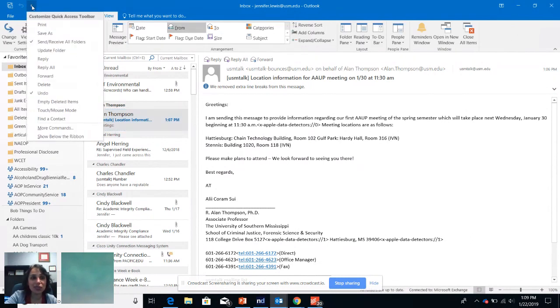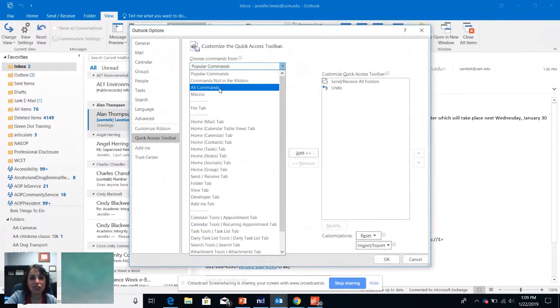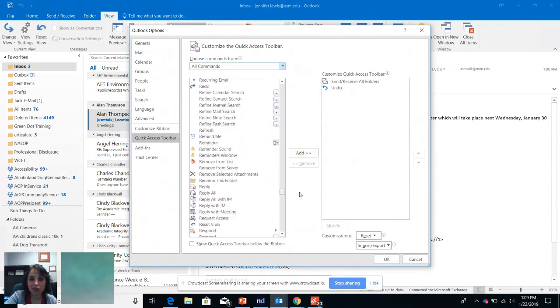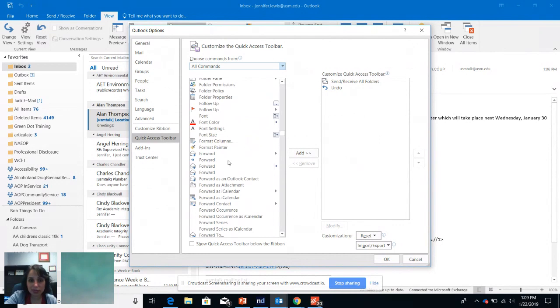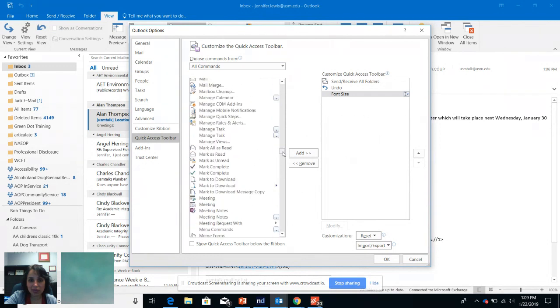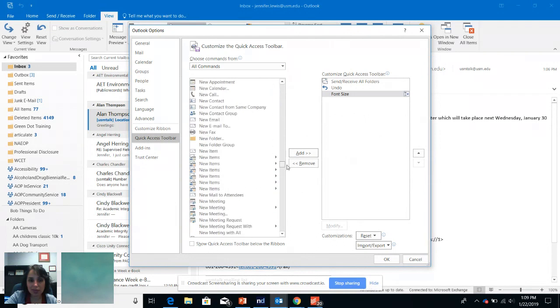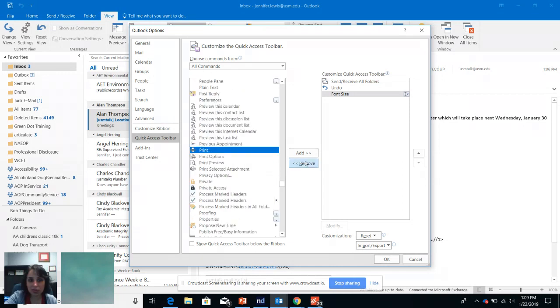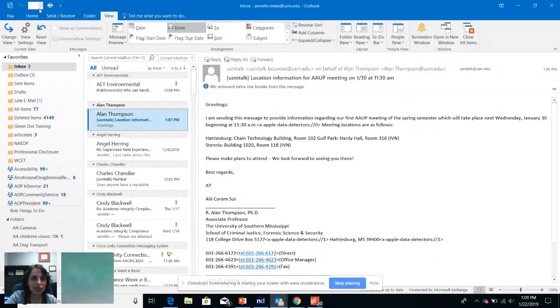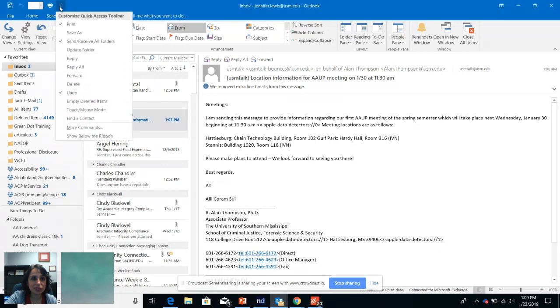So instead of that, you could simply hit more commands, and I always change it to all commands, and then I pick whatever I want. So one of the things I almost always do is put in, where is this guy's at? Font size would be one to add. Let's see, another one that's useful. The print one. Print. Okay, and then I'm going to hit OK right there. And there you go, you have some icons. So there's print,